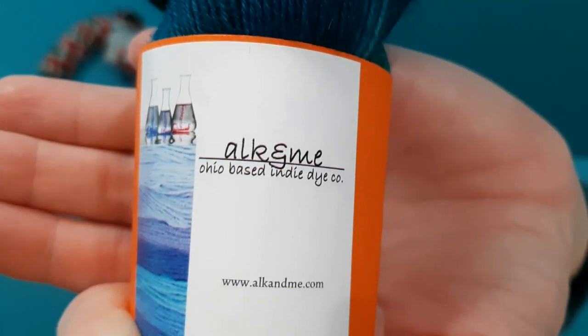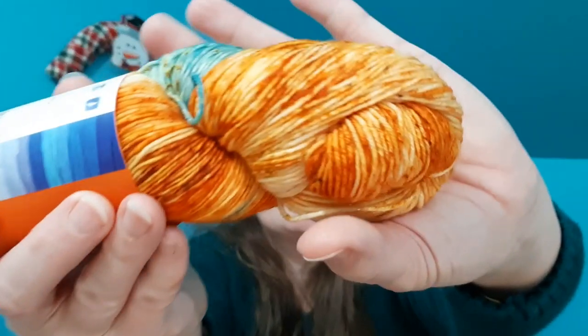So the first thing I purchased, the yarn is Alchemy yarn. I don't know what colorway this is. I don't know if it's got a colorway or not. It's got a TI3 PM4 on it, so I don't know if that's the colorway or not, but I absolutely love the teal that it has